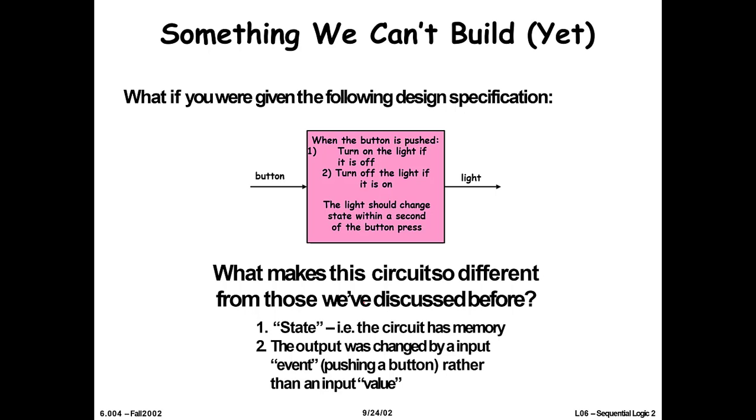until now we can build what is called combinational logic, but if you are given a problem like the one here, which says that you have a system which has a button. So when the button is pushed, imagine you have this button, and to this button we have connected a bulb. So when you push this button,